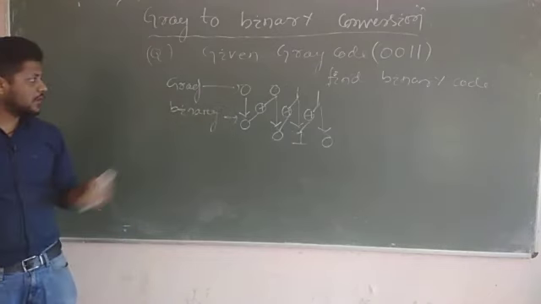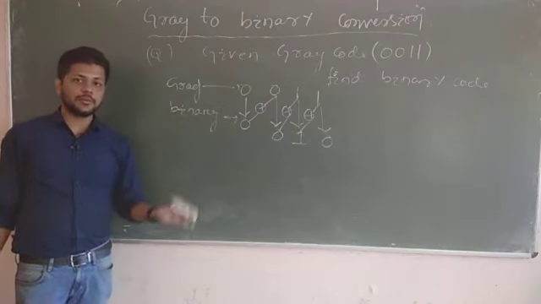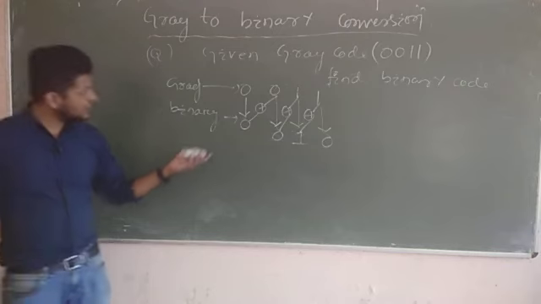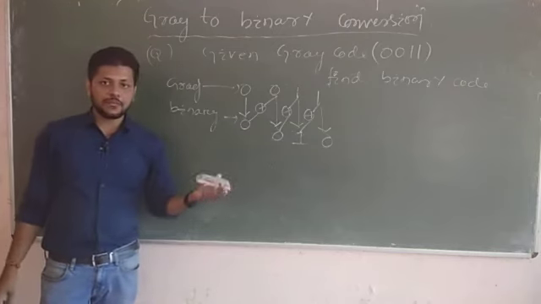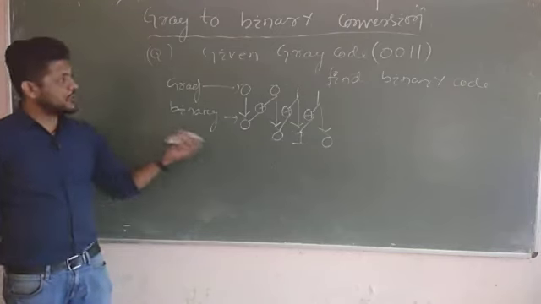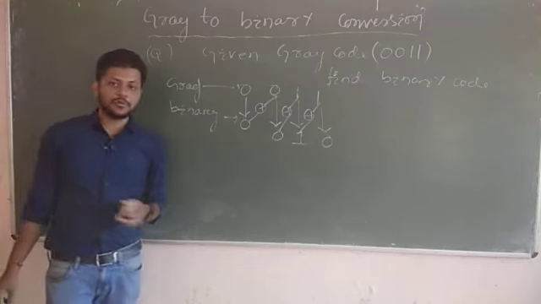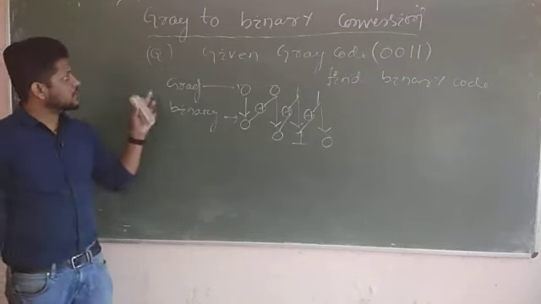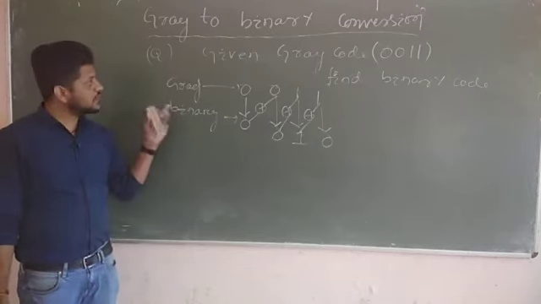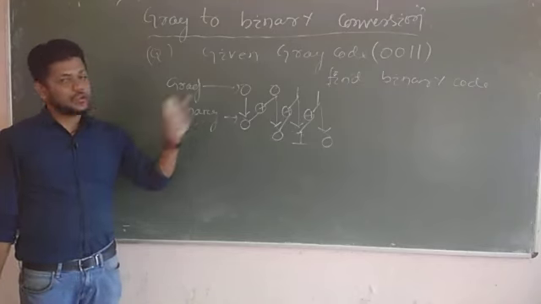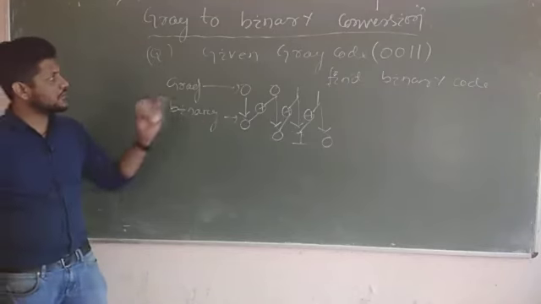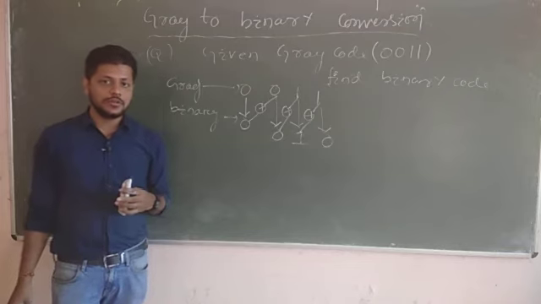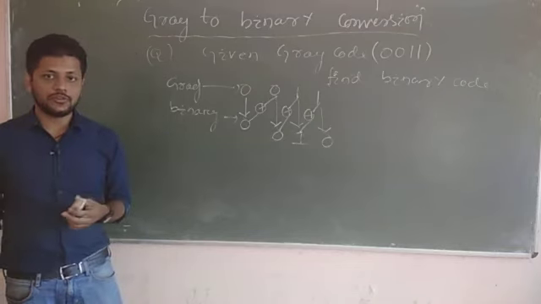This is the way to find gray to binary, and in the previous example I have solved and derived the formula. So you need to remember the formula and the procedure in order to find it. So this is very important. I am telling you, they will surely ask you in your semester examination for 2 marks, that is to find gray to binary or binary to gray code. This is very easy also.